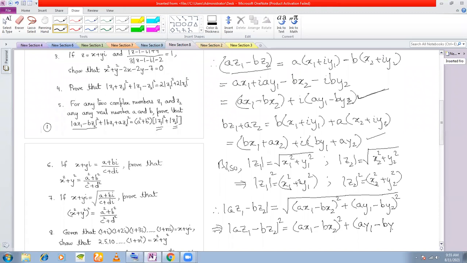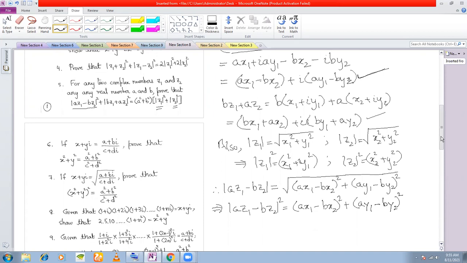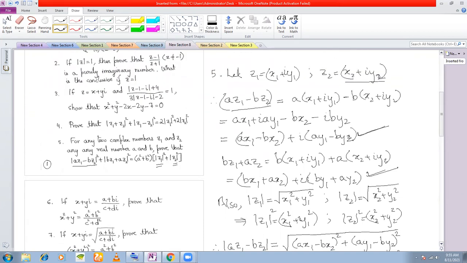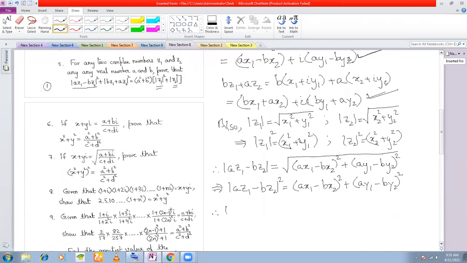ay1 minus by2 square. Okay. Now we are going to proceed to calculate the modulus of this, bz1 plus az2. Therefore, mod of bz1 plus az2 is equal to the square root of the real part, which is (bx1 plus ax2) square, and the imaginary part (by1 plus ay2) square. Now if you square both sides,